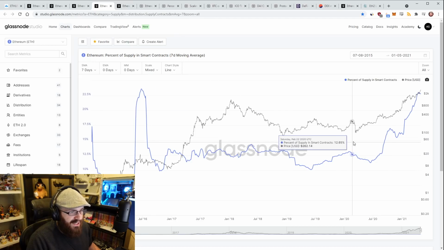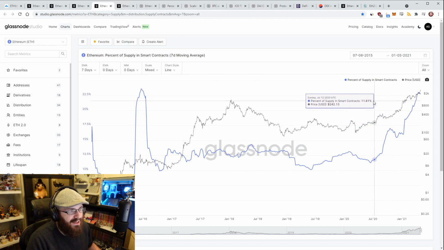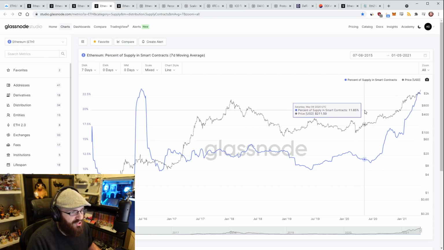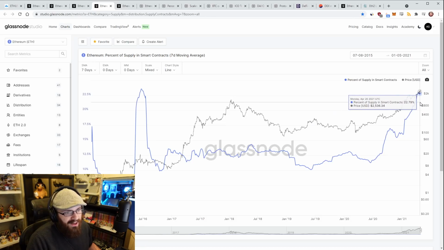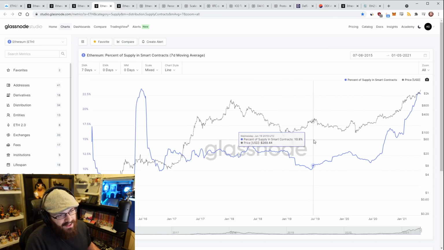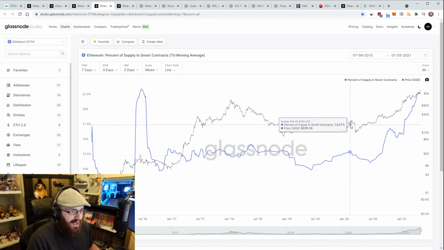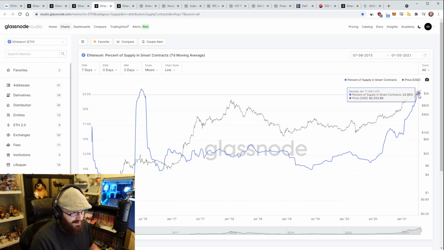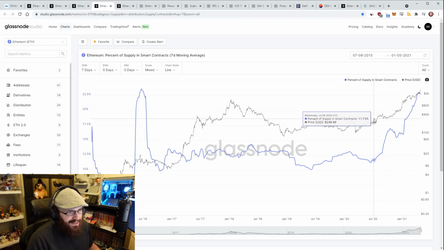Again, you can see the price is tracking this quite closely, but the scales are different here. You just look at the price going up and the percent in smart contracts going up. But again, I don't know if it's a leading or lagging indicator. It seems to track price pretty closely, which would make sense, I guess, ETH going out of cold storage into exchanges and things like that. But yeah, I wouldn't take much alpha from this. Maybe over the longer term you would, because if you expect this trend to continue, but the short term doesn't seem like something you could trade on.